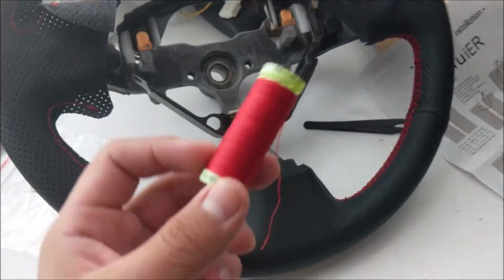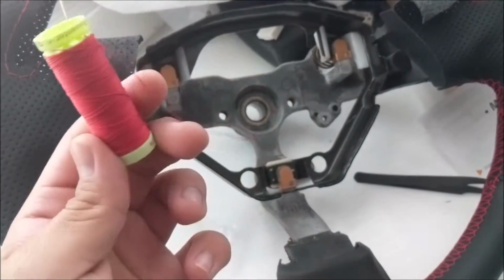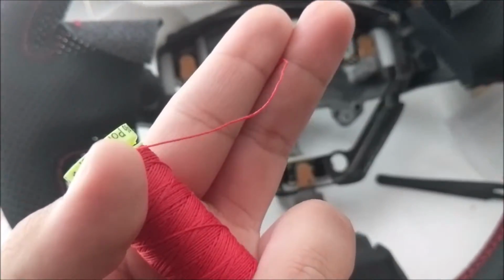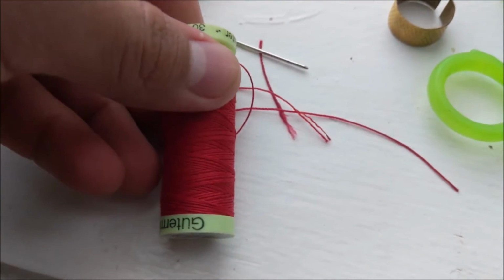Alright, so I went to the store. It's called Joann's or Michael's, any of those arts and crafts stores. I found some thread that was relatively thick, close enough to the original, and close enough to